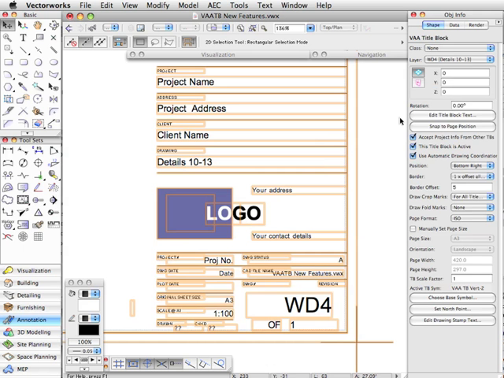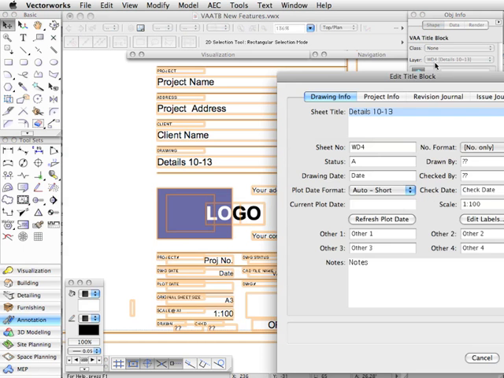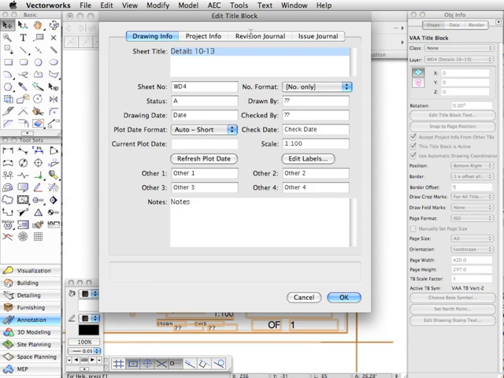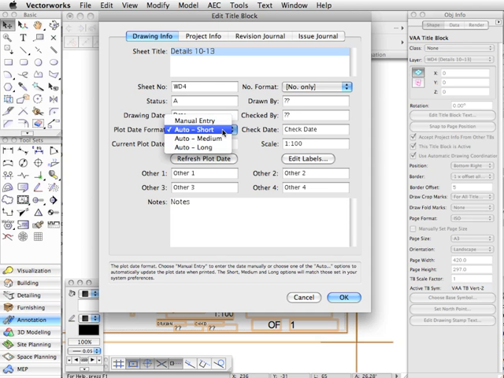Okay, so the next thing I want to look at, let's open this dialog again so we can see this. You'll see that there's been a change here to the plot date. We now have the ability to automatically put the plot date onto drawings when they're printed, regardless of how you print them. And you don't have to do anything. If you leave this on auto, then that's all you need to do. Now this refresh plot date here, I'm just going to use it, but then I'll describe probably why you shouldn't use it. If I click this, you'll see the short format,